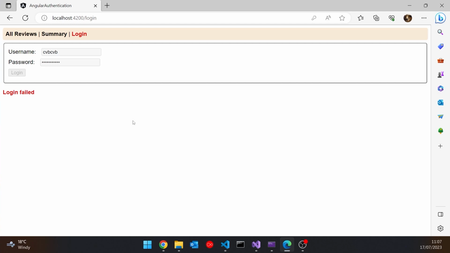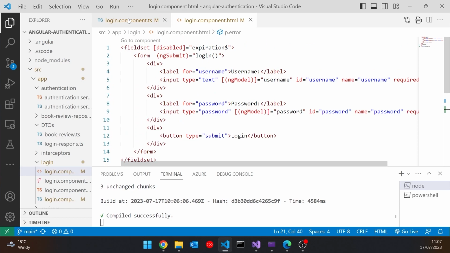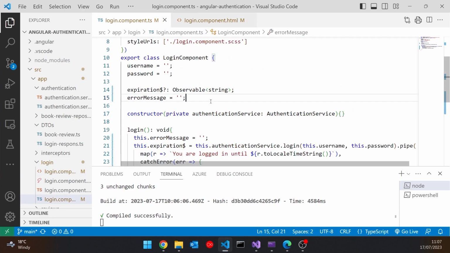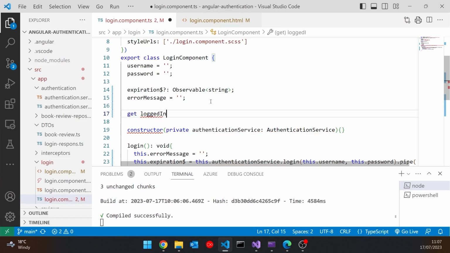So let's make a slight change for that one as well. And so the way we'll do that is on here, I'm going to put in another property. So I'm going to say get loggedIn, and that's going to return a Boolean.